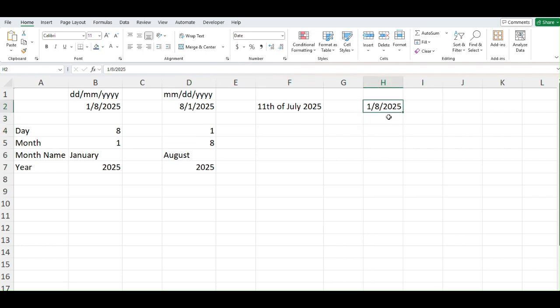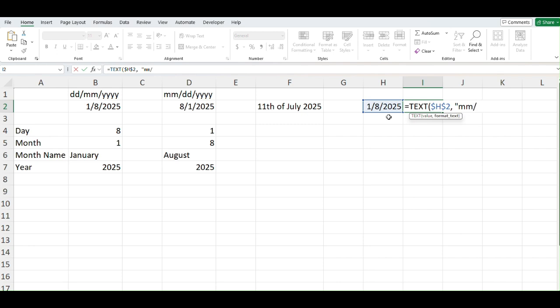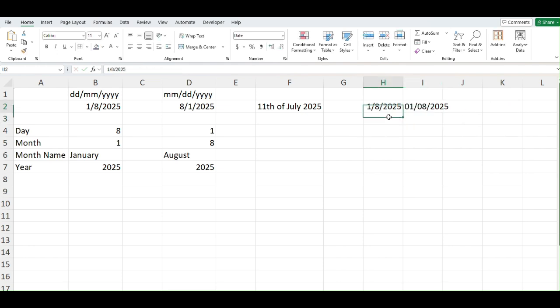Okay, so whatever input I am entering, my task is to convert this cell to MM, DD and YY, right? Okay, so initially it was